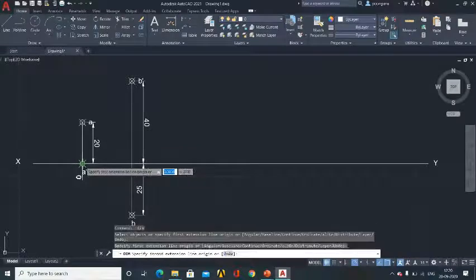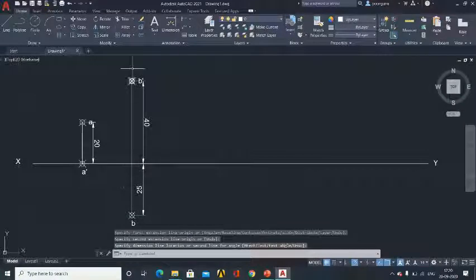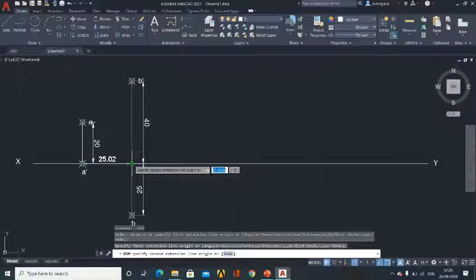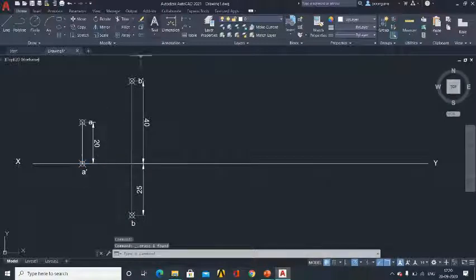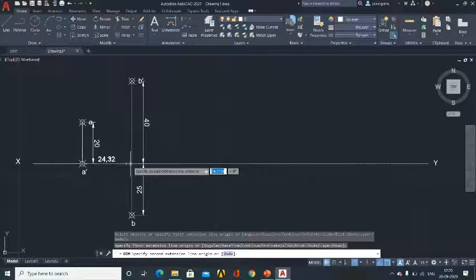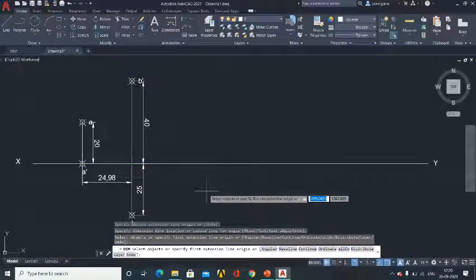Similarly, you need to dimension this to make sure that this distance is kept 25. Some mistake is there, so carefully select the distance to 25. We are getting 24.98. It should be 25, I hope so. Some mistake is there.